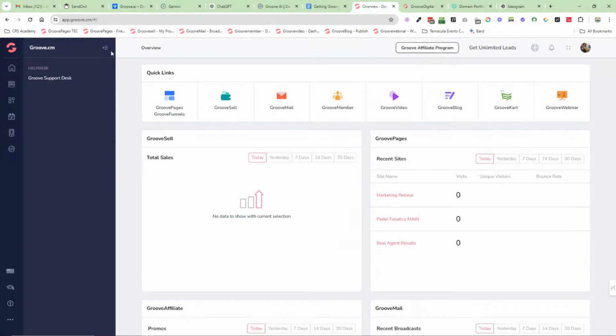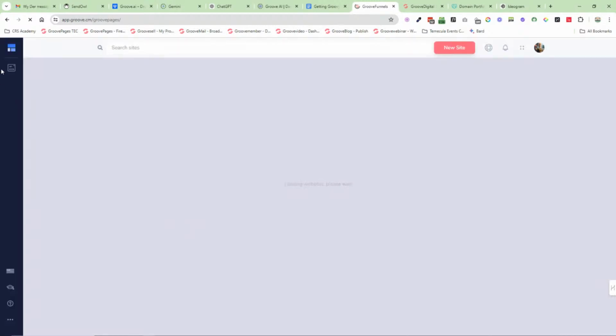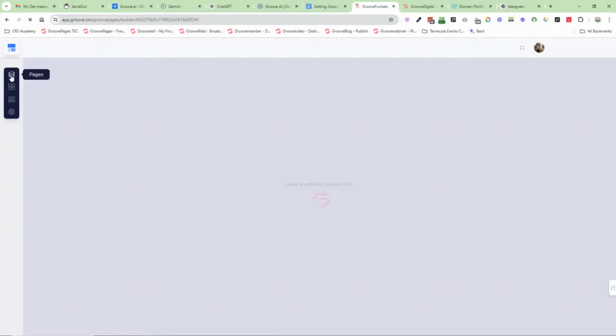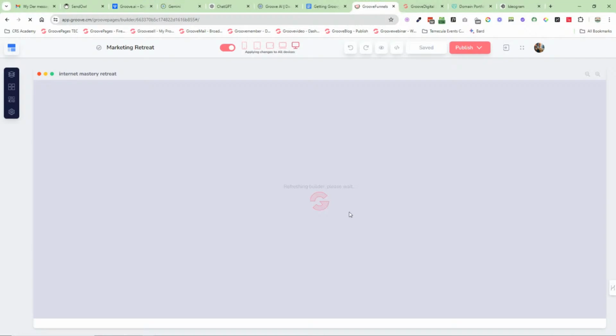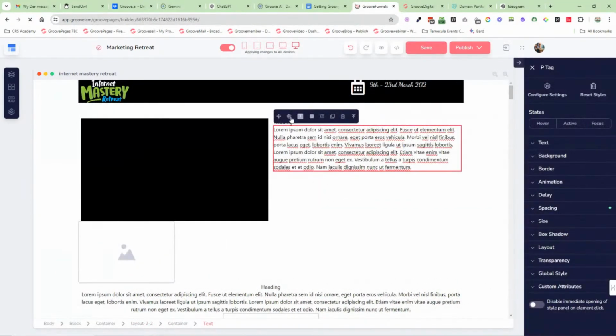This would be how I would do it. I'd click record and I'd go, hey support, I'm in Groove Pages. When I click into Groove Pages, I'm in this website. I click into this website and I go to this element. When I click on this element, the settings, it doesn't allow me to do this. So I click on this text element and I click on this and it did it. Then guess what?